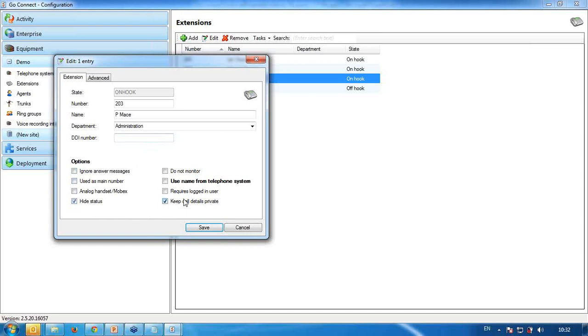They work exactly the same way as they do on the user account. Hide status means that you can't see this extension on the presence window, and keep call details private means that if you look at them on the presence window, you can see that extension 203 was on a call, but you wouldn't be able to see who they're on the call to. So that's the kind of thing that you can change there. Nothing's changed there for